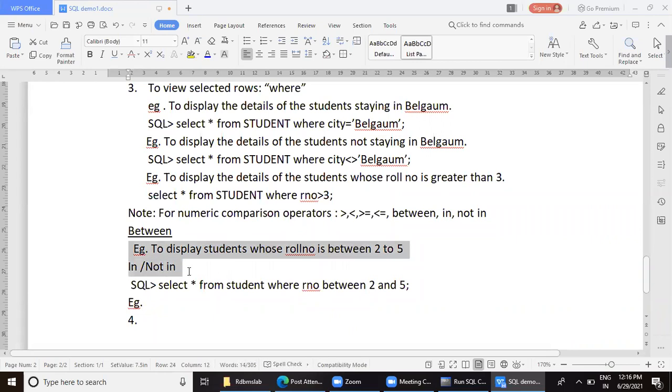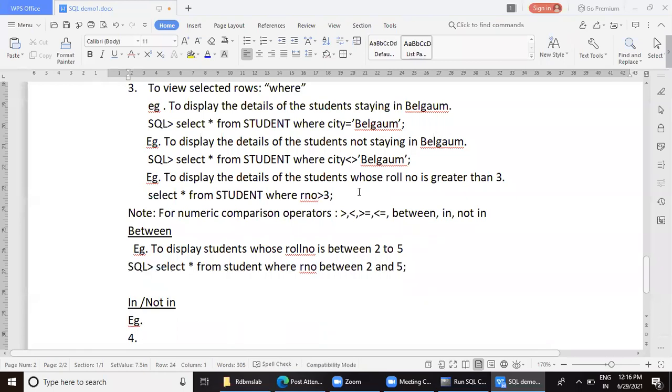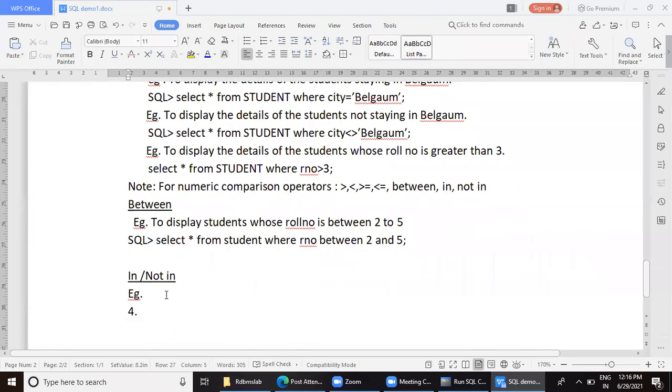Both examples will be covered here. To display... okay, before this in, I will cover and, or.